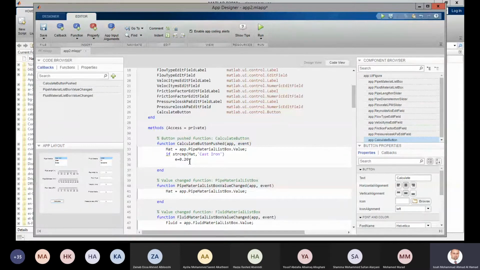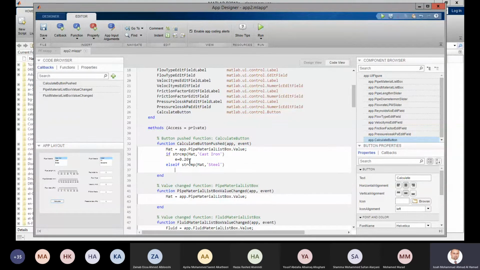Now, for the second material, it will be 0.002. So I will write elseif strcmp for mat with steel. Okay. E will be